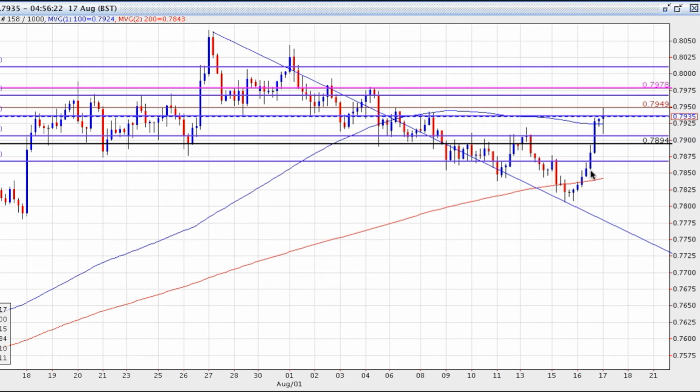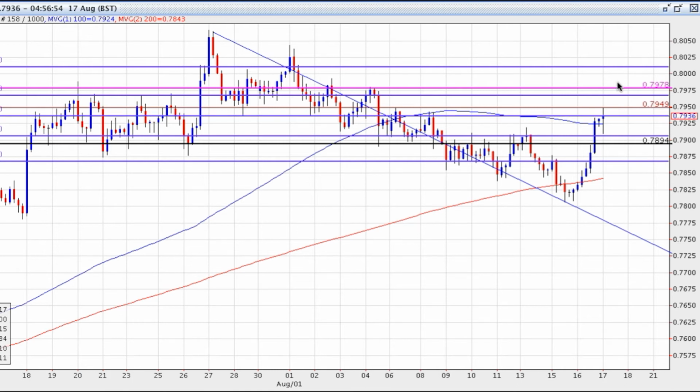If we have a look at the key technical levels going forward, we're now trading above the weekly pivot point, which is calculated at 0.7894. All the time we're trading above this level, expect the pair to gravitate towards that 200-week moving average, which is set around 0.7978. That may be the target for the bulls, and if we start to trade above that level, keep your